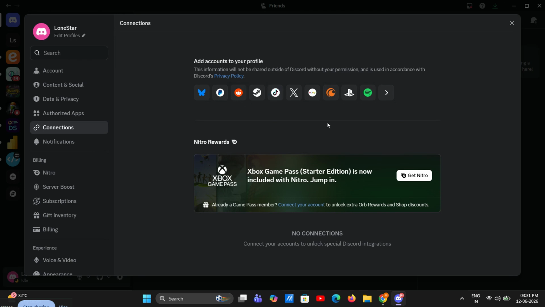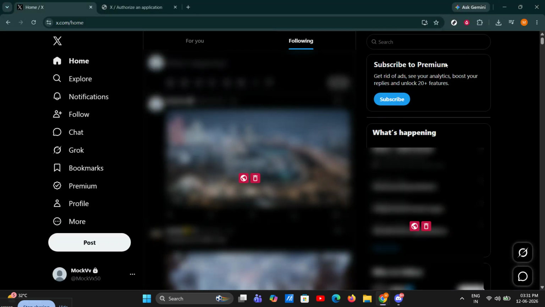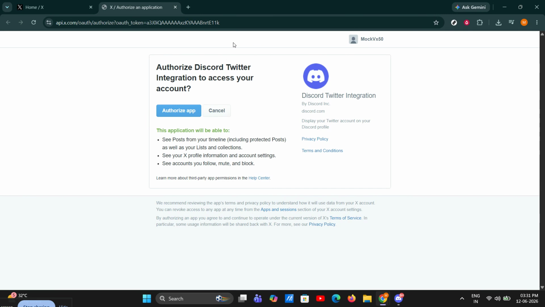This area shows all the different platforms you can link to Discord. Look for the X icon, which is the black and white X logo, and click it. As soon as you click the X icon, Discord will open a new browser window or tab. This is completely normal. If you are not already signed into your X account, go ahead and log in now